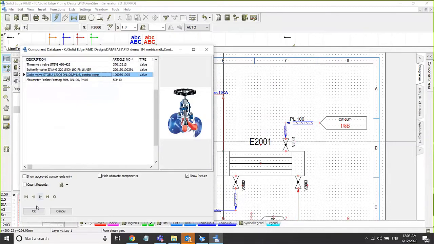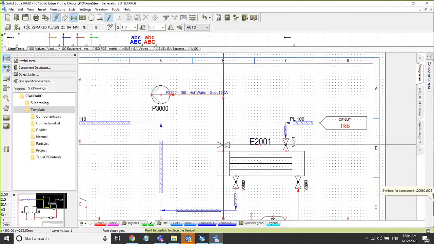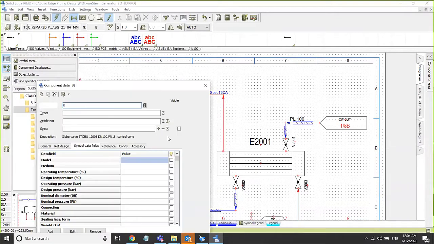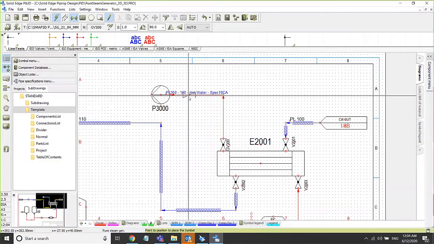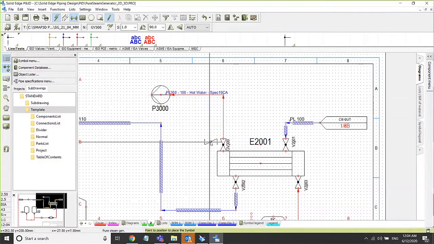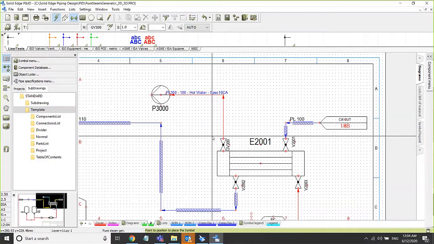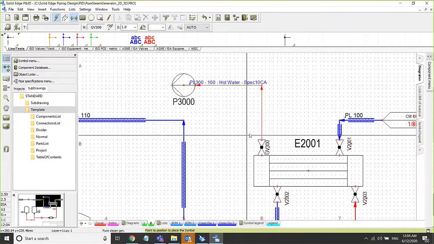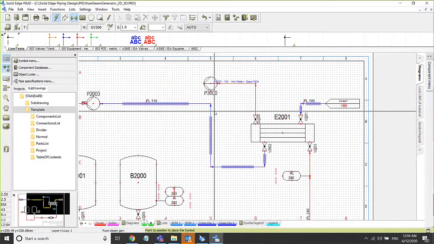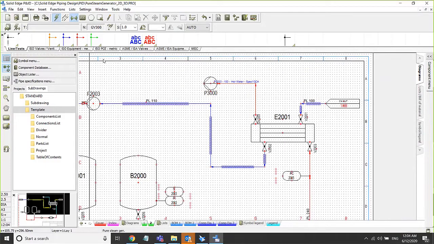the database. In this case, I am going to pull a valve from the component database and place it at one end of the pipe by providing some unique name to that. So as I place it, it automatically orients to the pipeline on which I have placed it. So let's continue and create another pipeline from the other end of the pump